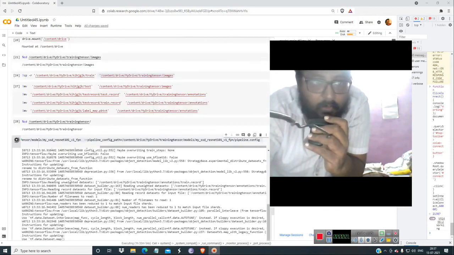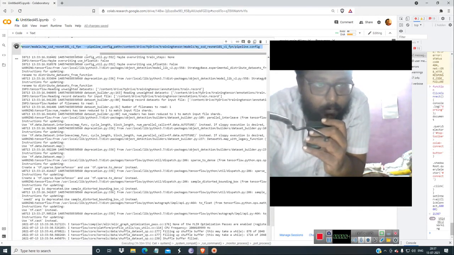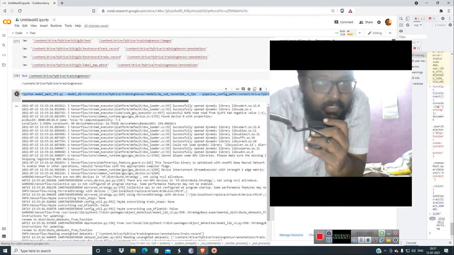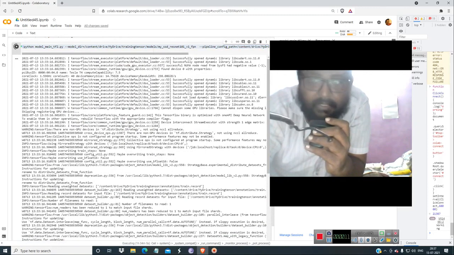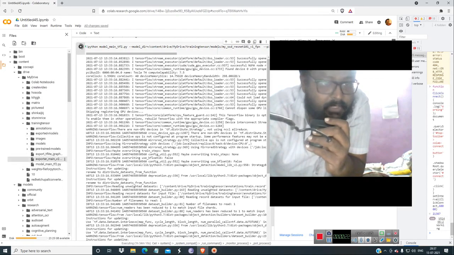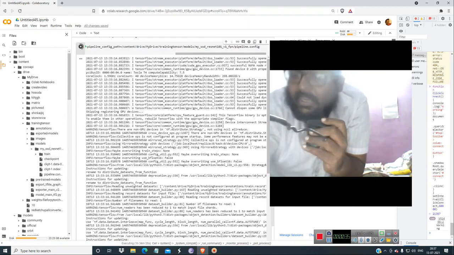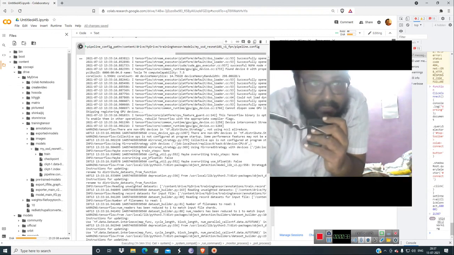What you have to do is you should not give the checkpoint, you should only give two things. For example, when you give python model main tf2.py with the model directory, where this is an empty directory, you should give it in the models folder, which is over here. Actually it will be created after you give it. You have to give the fpn, and the pipeline config should be configured nicely. I have published the video, so this is the third part of this video.